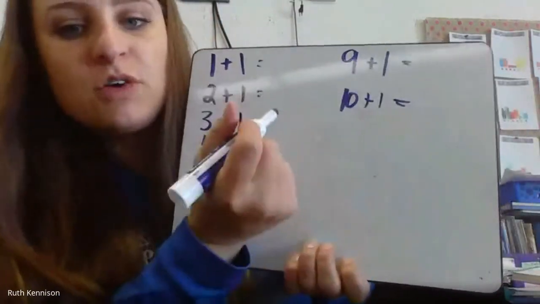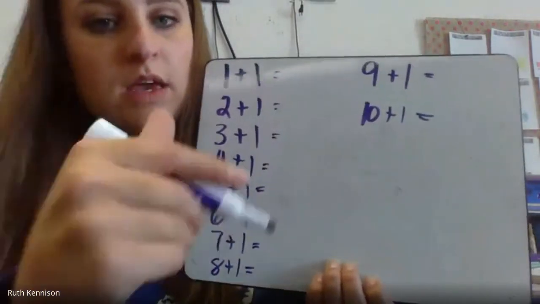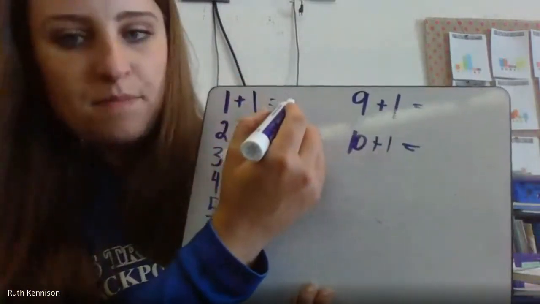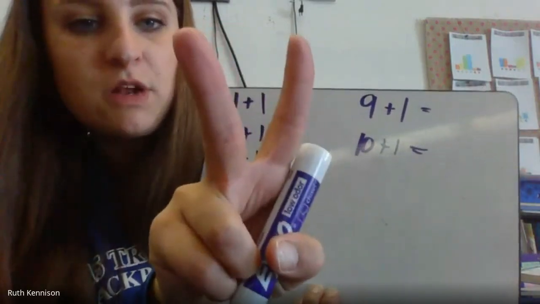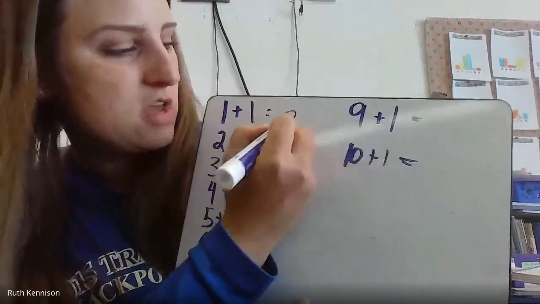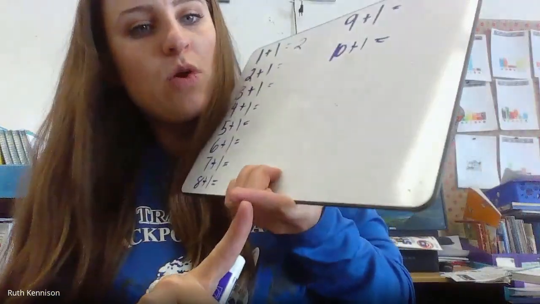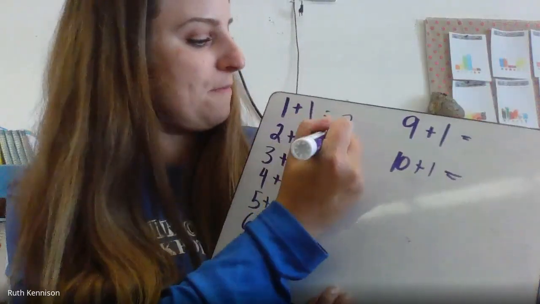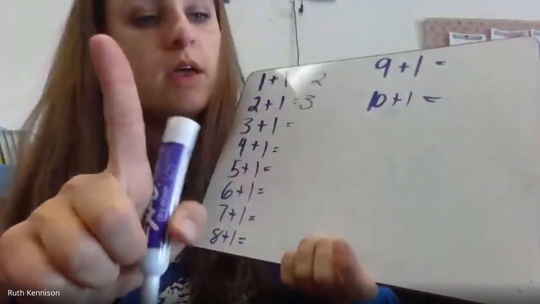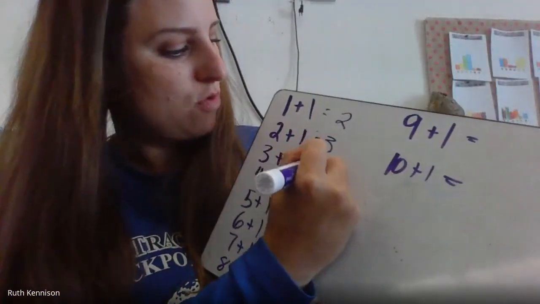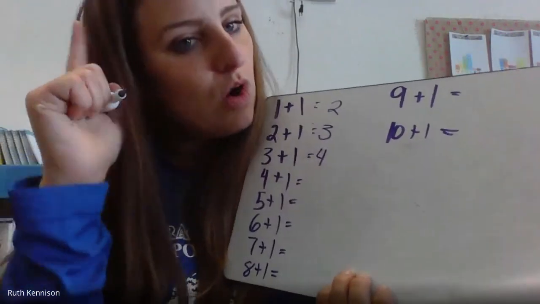All right, so if you're doing these problems with me, we should have 1 plus 1. 1 plus 1 is... I should see, let's put it on your fingers. 2. Very good. 2 plus 1. 2. One more is 3. 3 plus 1. 3. One more is 4. 4 plus 1. 4. One more is